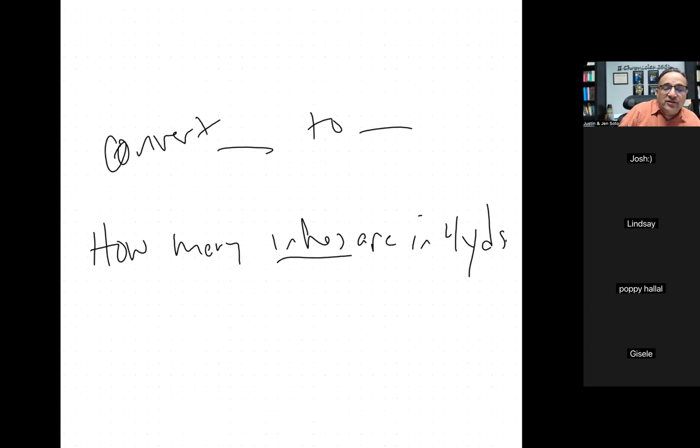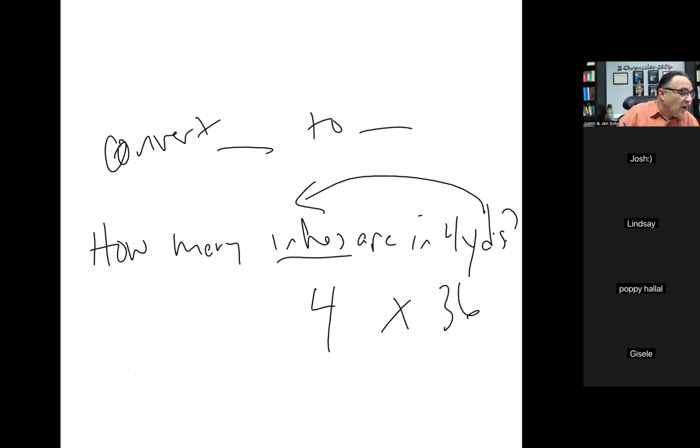Okay. I'm still going from yards to inches, a larger to a smaller, so it's multiplying. They've just kind of reversed the order. What are you going from? What are you going to? Larger to smaller is multiply, smaller to larger is divide. So 4 yards to inches. So I have 4 yards times, well, there's 36